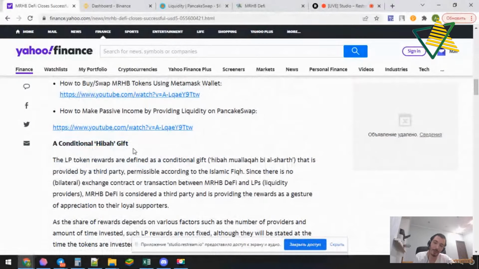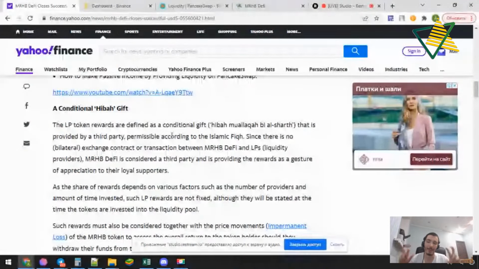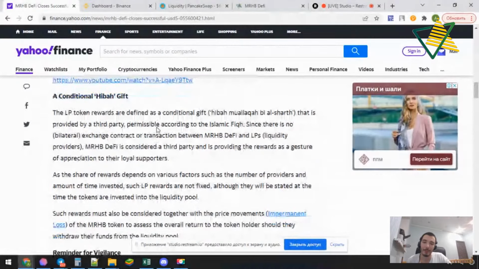So as MRHB DeFi is a third party here, and it is not benefiting from the LP tokens given to PancakeSwap, it is not considered as riba. It is a gift, a conditional gift, and that's why it is possible. It is not actually staking, but it is very similar to staking.